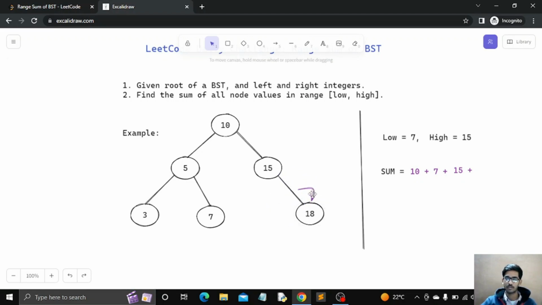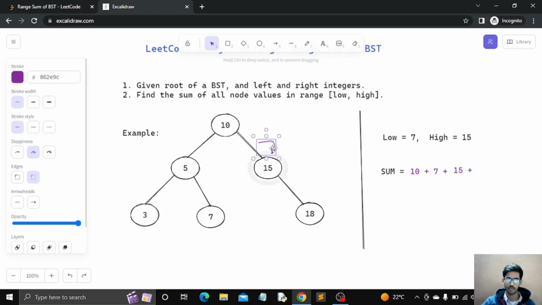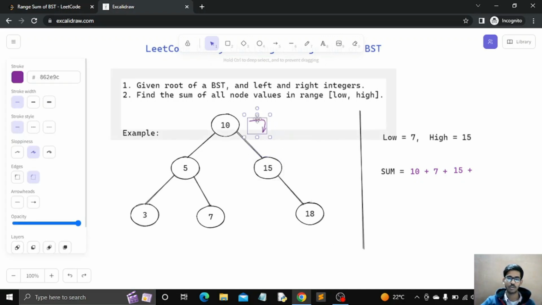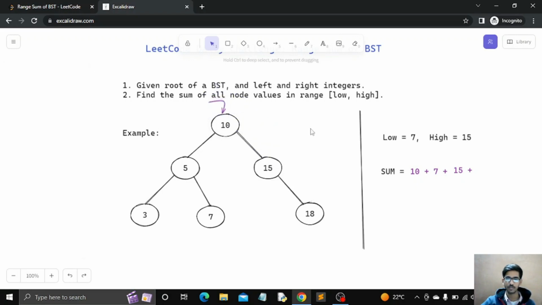And we don't have to make a function call to its right subtree, hence we are going to return back to node 15. And as we have explored the right subtree also of node 15, it means we are done with this node, and hence we are going to return back to node 10. So we have explored the right subtree of node 10 as well, and here we are done with our process,